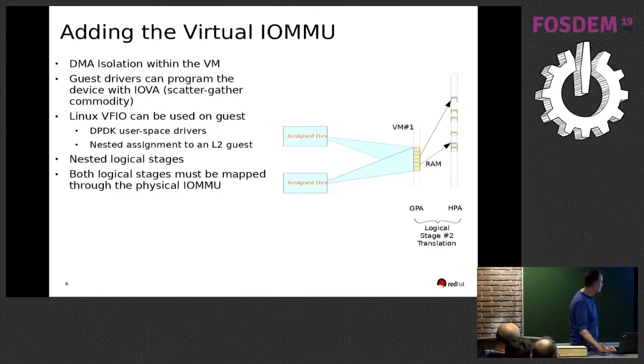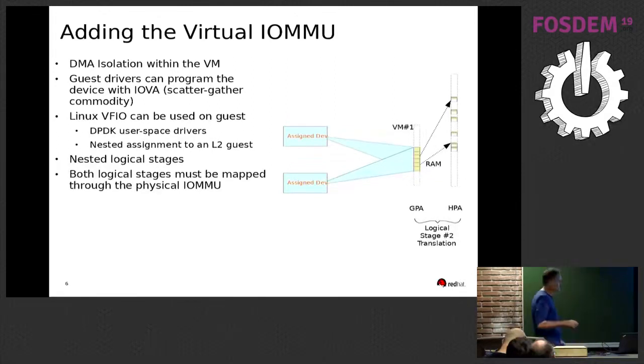Okay. So now, if we stick to the scheme I explained just before, the trouble is that the assigned device is able to reach the whole guest RAM, and in that sense, it can jeopardize the integrity of the guest OS because it can reach any GPA. So what we want on top of that is to restrict the DMA capability of the assigned device to a particular space within the GPA. This is achieved by adding the virtual IOMMU, so an IOMMU that is exposed to the guest this time.